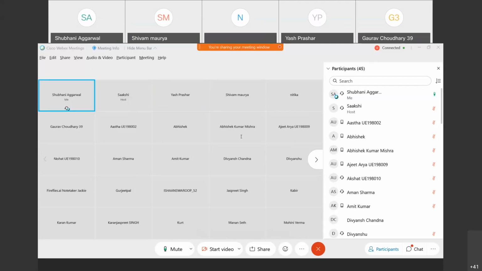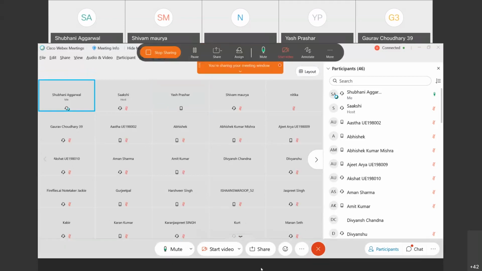Your question is how we connect Remix with MetaMask? Yes. Okay, so I'm just sharing my screen. Just wait a minute.